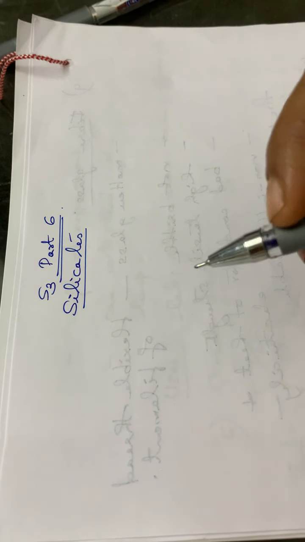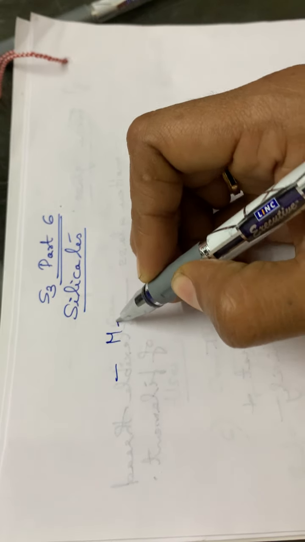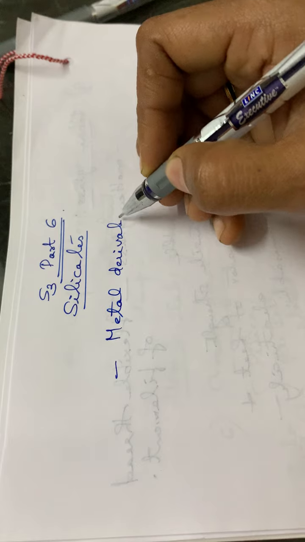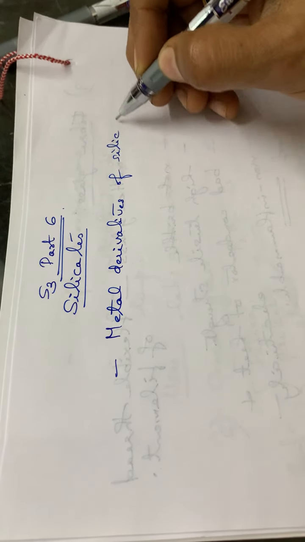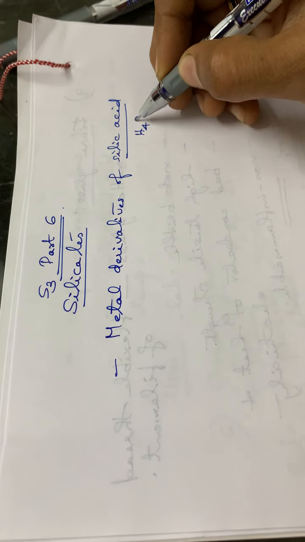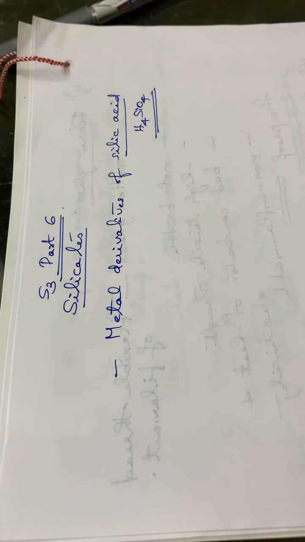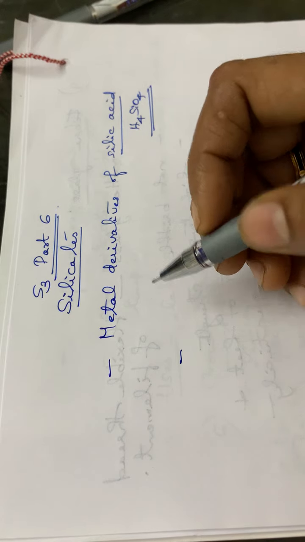Normally, silicates are the metal derivatives of silicic acid. What is the formula for silicic acid? Silicic acid is H4SiO4. So the silicates are the metal derivatives of silicic acid, and also the most common silicate